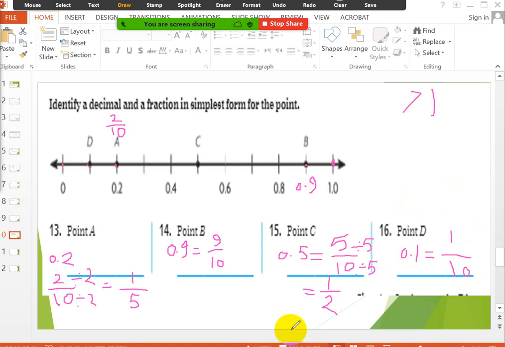Okay, girls, we finish. Okay, so please do a check mark next to